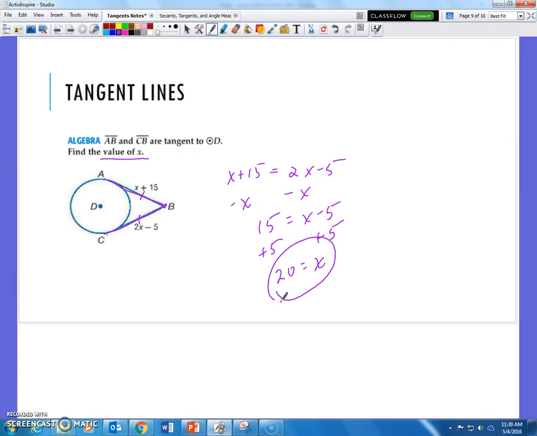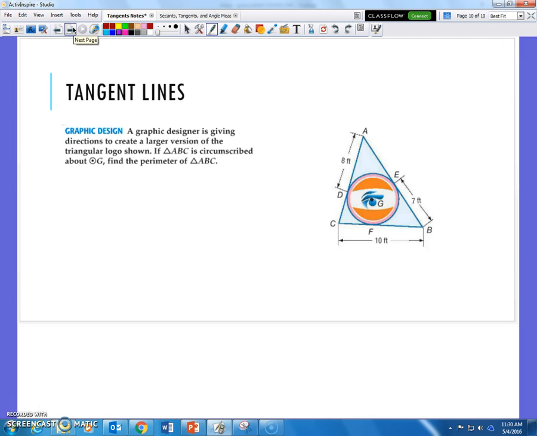So from the point of the tangent lines intersecting to the point of tangency, those parts are congruent. Finally, we have a little word problem here. We love the word problems. It says a graphic designer is giving directions to create a larger version of a triangular logo shown. If triangle ABC is circumscribed about circle G, find the perimeter of ABC. So I'm looking for the perimeter of this entire triangle. So I need a length for this side,